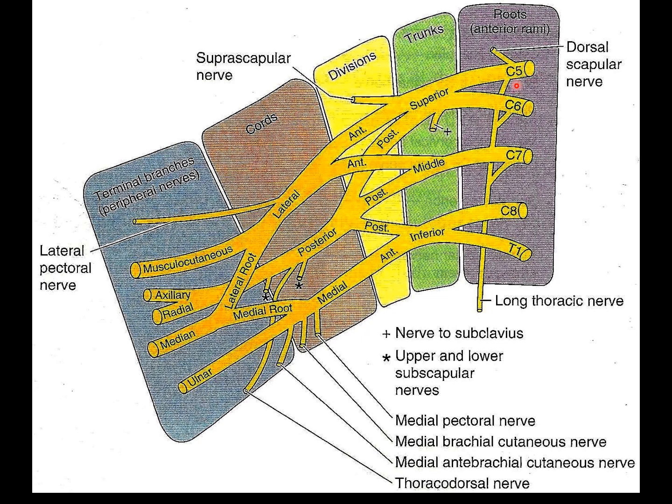These C5 and C6 carry fibers for the flexor muscles as well as some fibers for the extensors. So when they move here, the segregation or separation of these flexors and extensors takes place. Now the musculocutaneous nerve, which is the branch of the lateral cord, when it moves forward, will carry only flexor fibers to supply the anterior compartment of arm muscles. So it is a flexor nerve now, but here the fibers can carry both flexor and extensor. That is the main reason the plexus is formed.